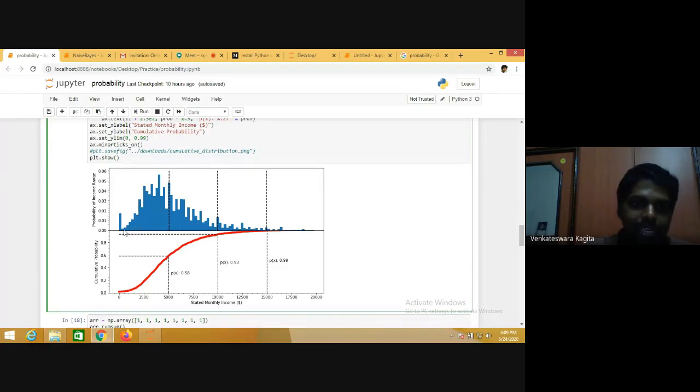So if I add this plus this plus this plus this, I will get the cumulative probability here. Similarly, if I add all the probabilities till here, I would get the cumulative probability here. And similarly, till here. That's what the cumulative probability is: probability of X less than or equal to x.